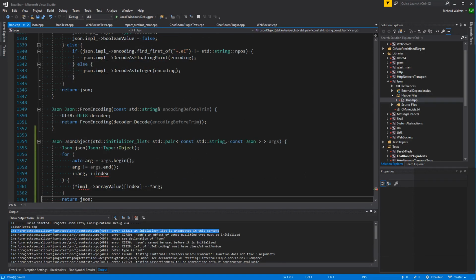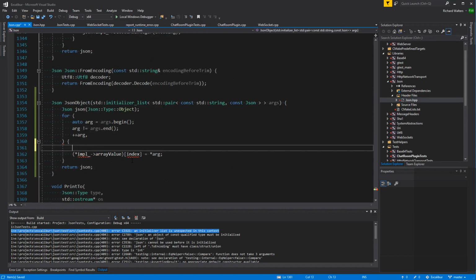So we say for arg equals args begin, arg not equal args end, plus arg, right? And we'll say, oh, not impl, JSON dot add, not add, set.